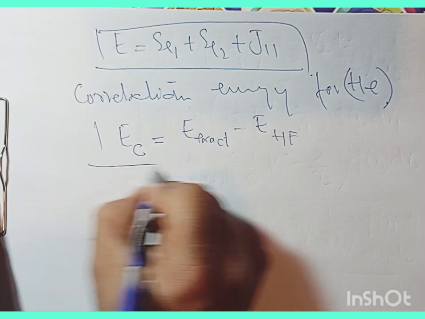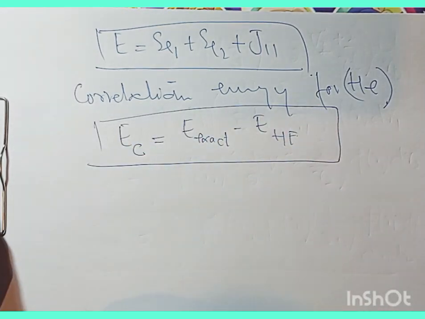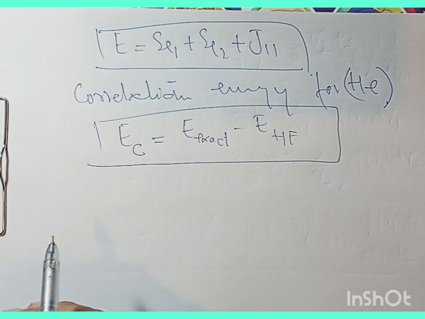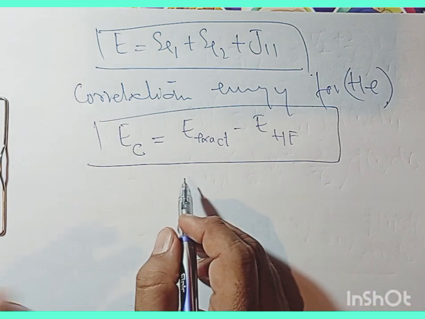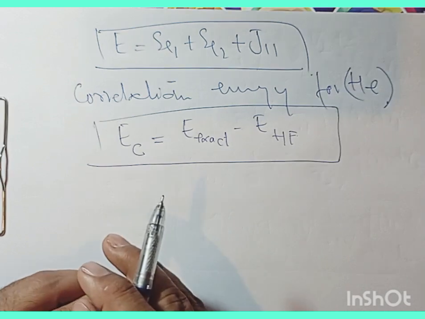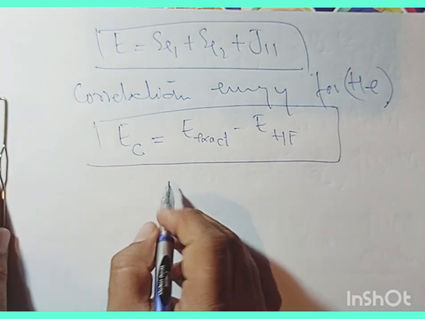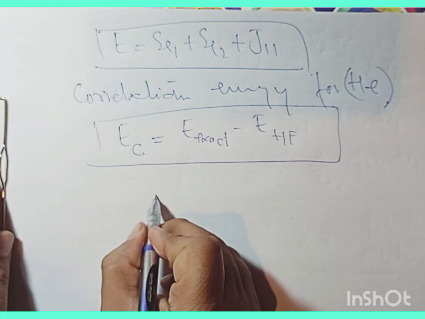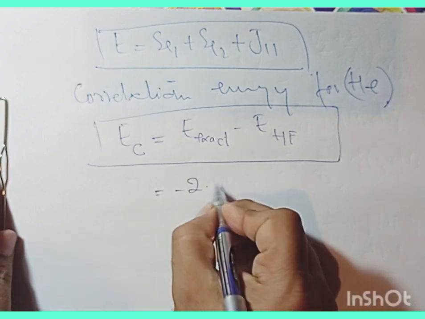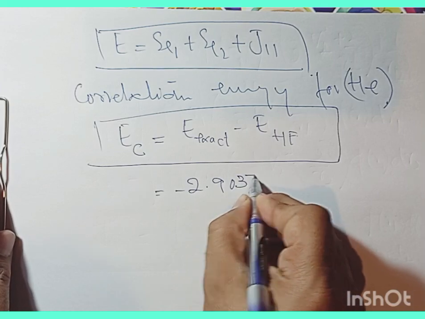Now, this E exact can be experimentally calculated, or theoretically calculated using some other approaches. If I choose the values for E exact and E Hartree for the helium atom in ground state, it comes out to be, say, minus 2.9037